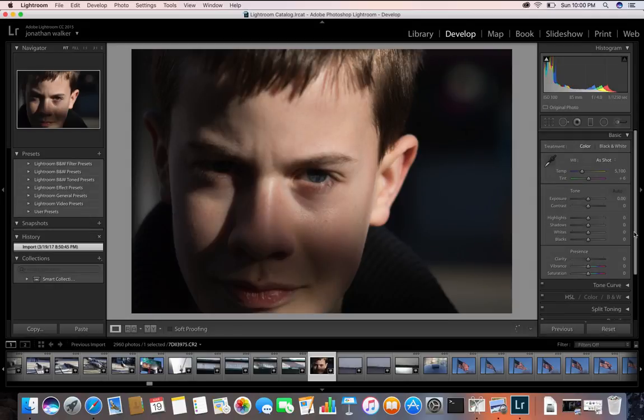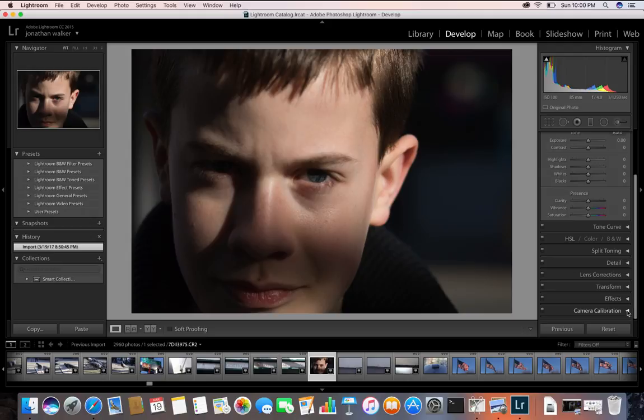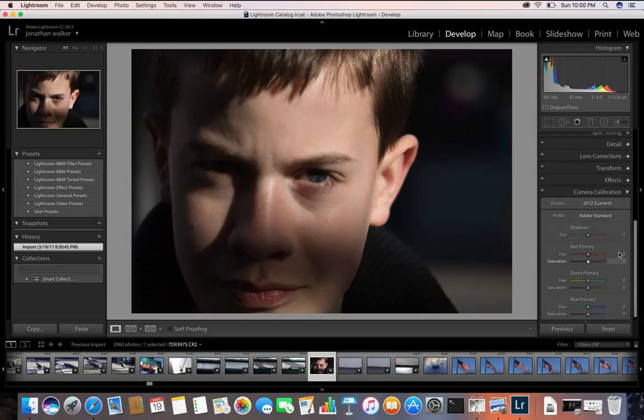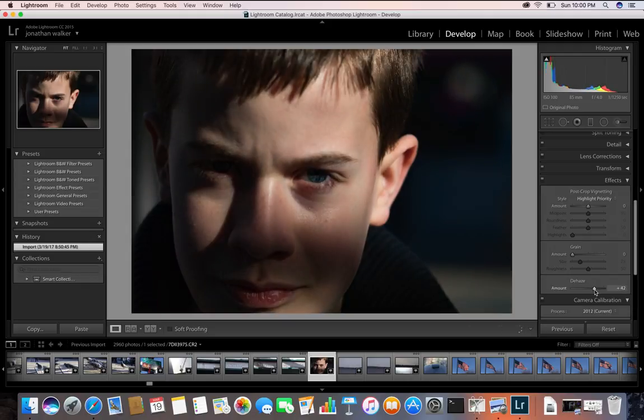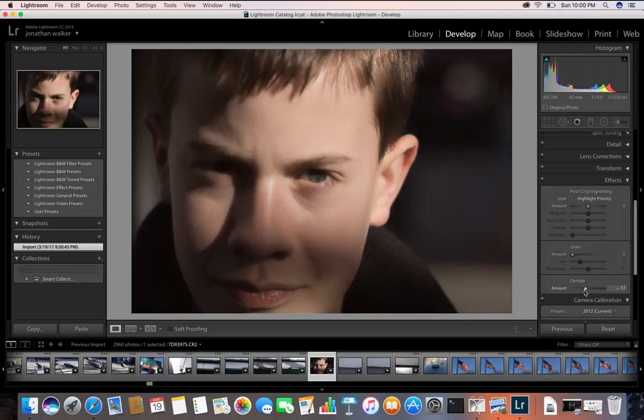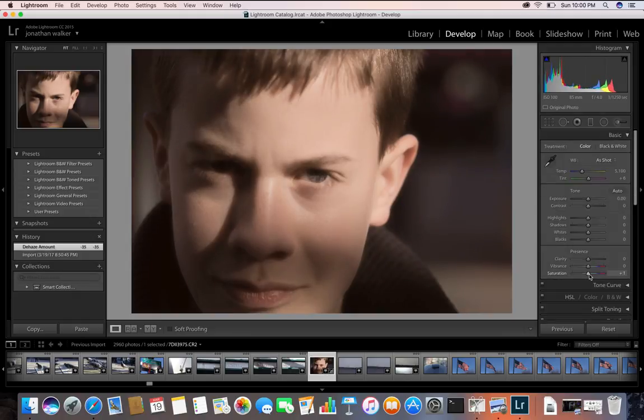Let's go down to, it's in effects now, right? Add dehaze. Oh, look at that. So if we decide to turn this black and white, probably go there with dehaze, come up to saturation,